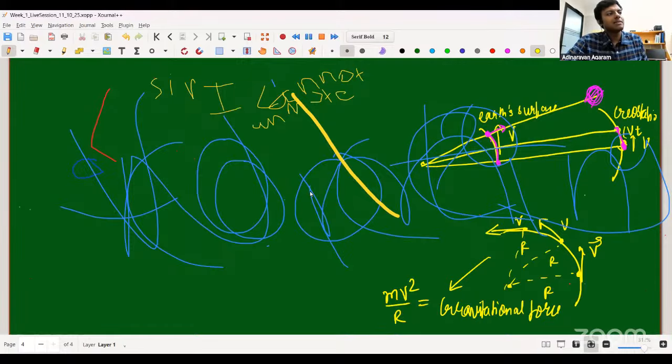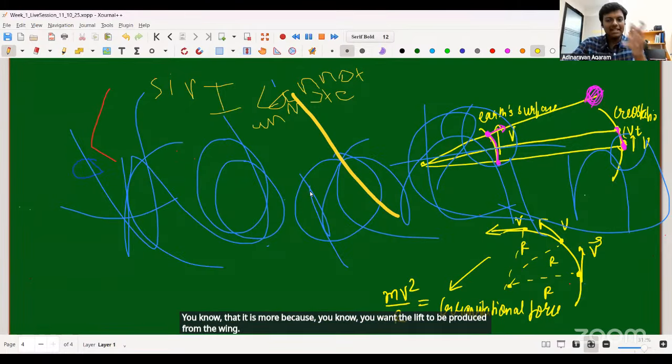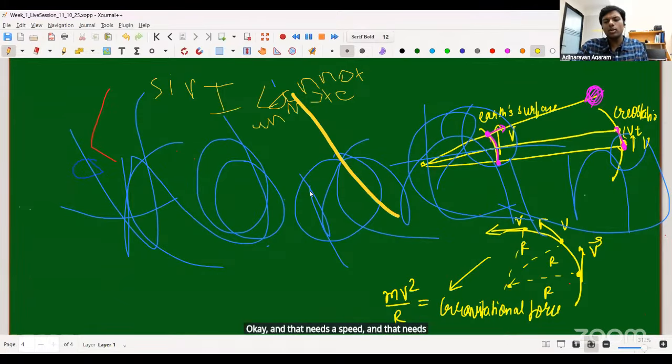See, the most important thing for a plane is that it has to go from a particular point on Earth to another point on Earth. And a plane is launched at an angle because you want lift to be produced from the wing. And that needs a speed and that needs an angle. This is something you will learn as you go ahead in this course. I don't want to go into too much detail right now. But in the next few lectures, sir will explain why you need to go at a particular speed to lift off. Whereas for a rocket, the most crucial thing is for you to escape the Earth first.